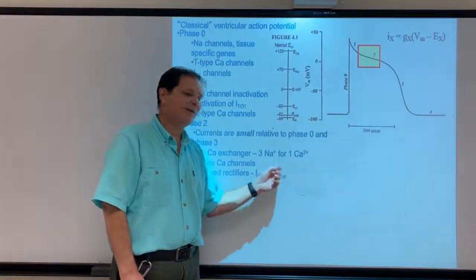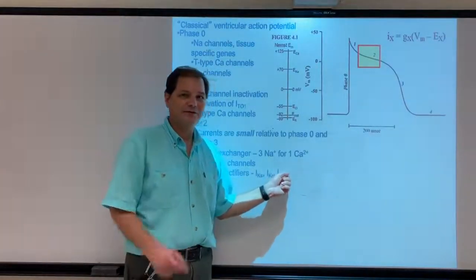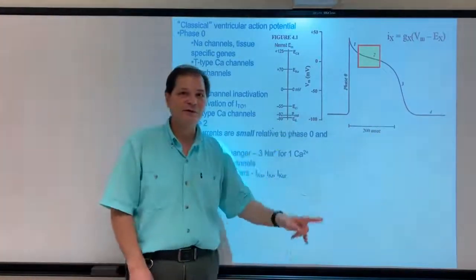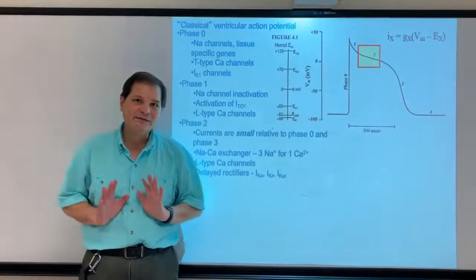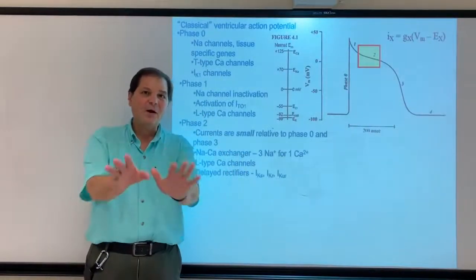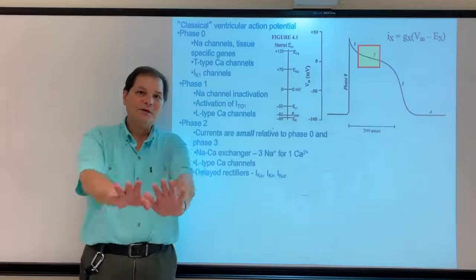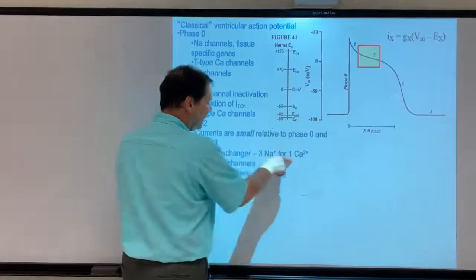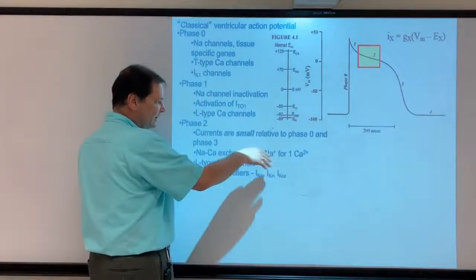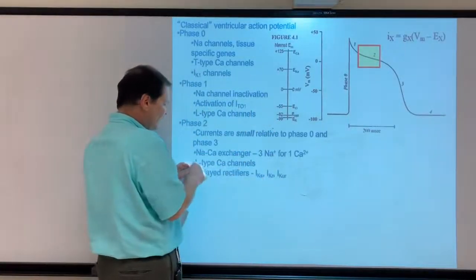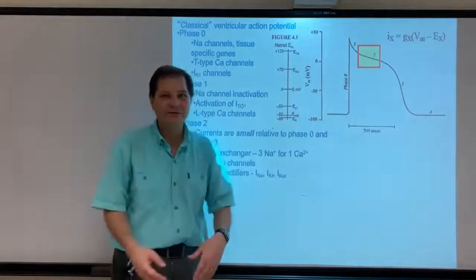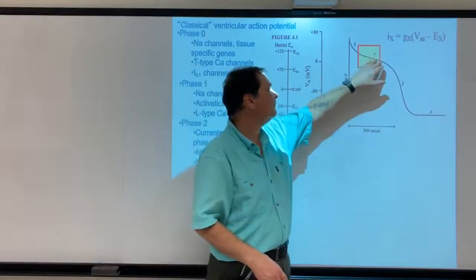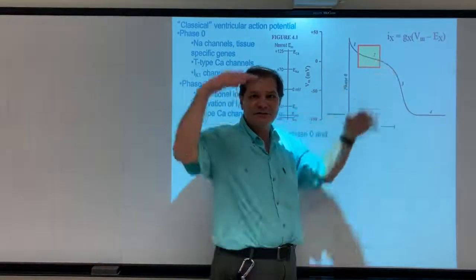This is relatively weak in ventricle. It's stronger in atrial myocytes. We'll get to that later in the lesson. These two are fairly strong during this plateau phase. So they're allowing potassium to go out of the cell. So these are outward currents. So we have outward currents in the form of potassium currents balanced by inward currents in the form of sodium-calcium exchange, allowing an extra positive charge to come in, and L-type calcium channels allowing a 2+ charge to come in. So these are in balance, and because they're in balance, we see very little change in voltage, just a very slow